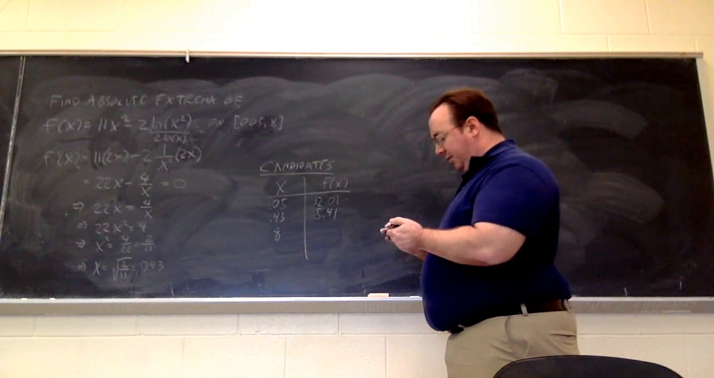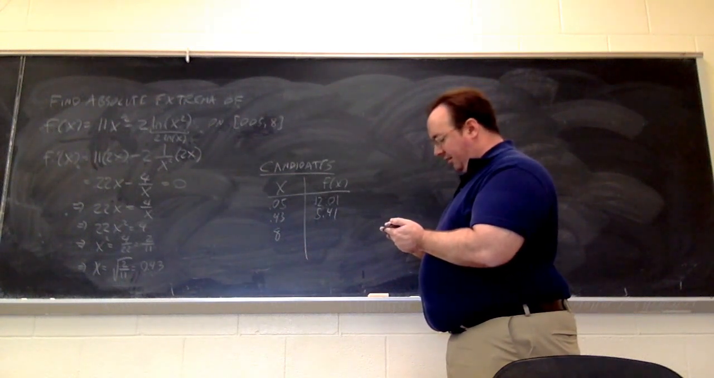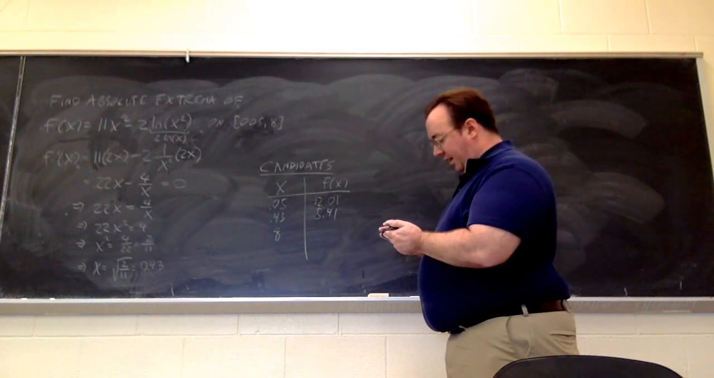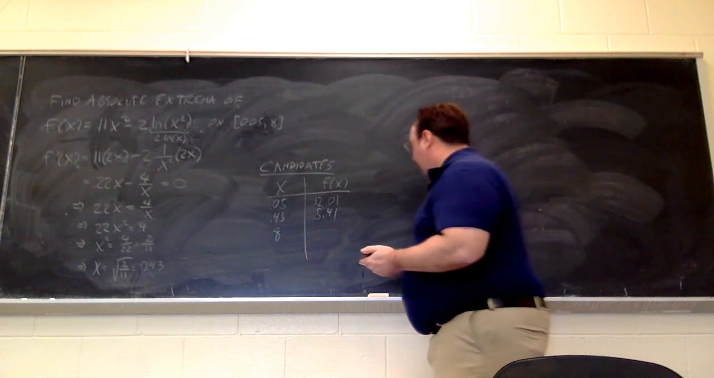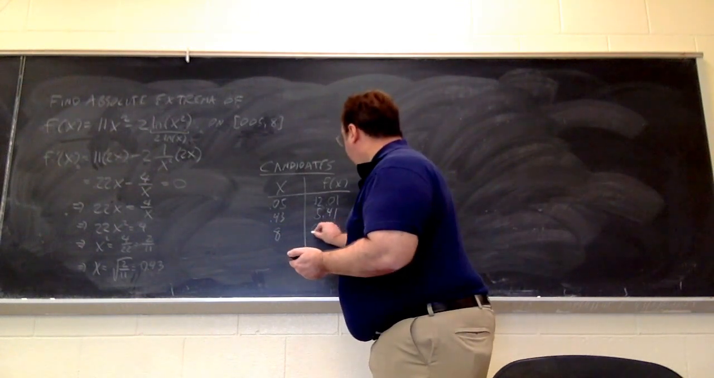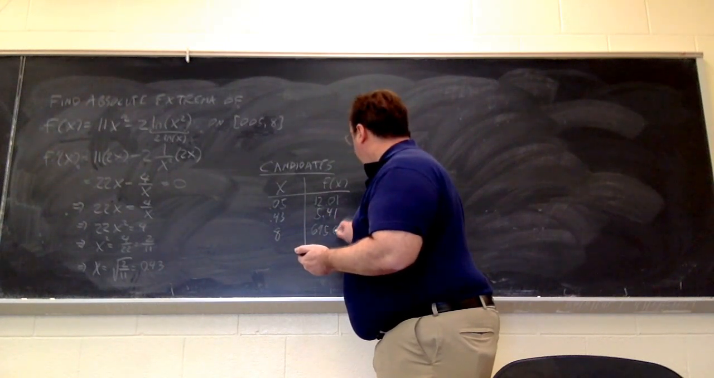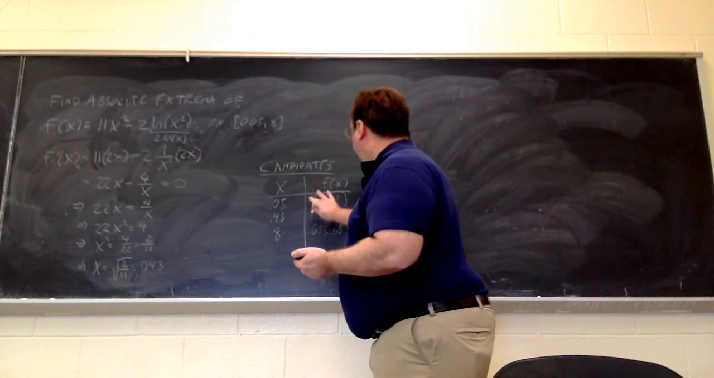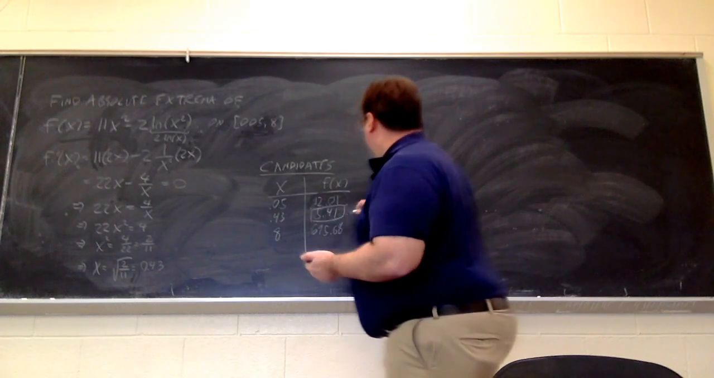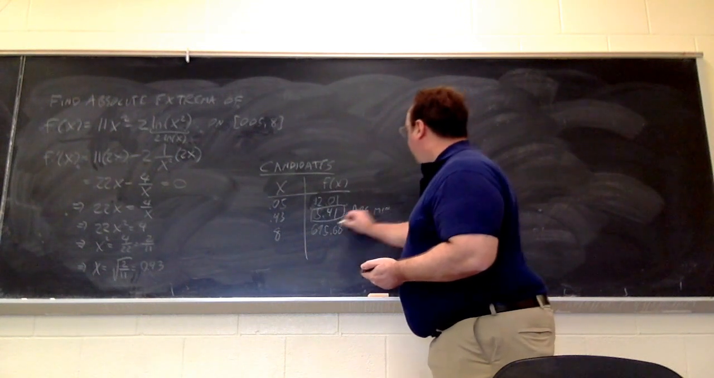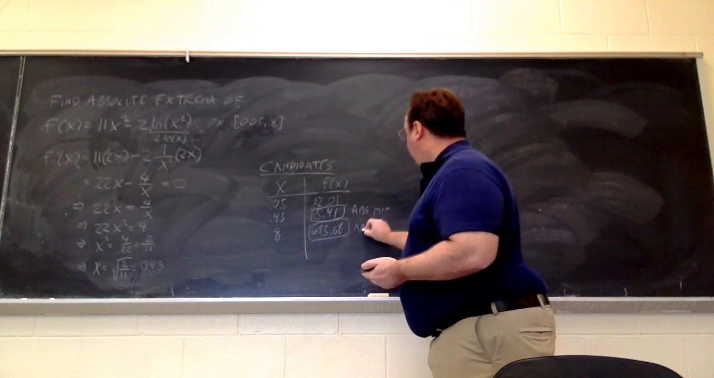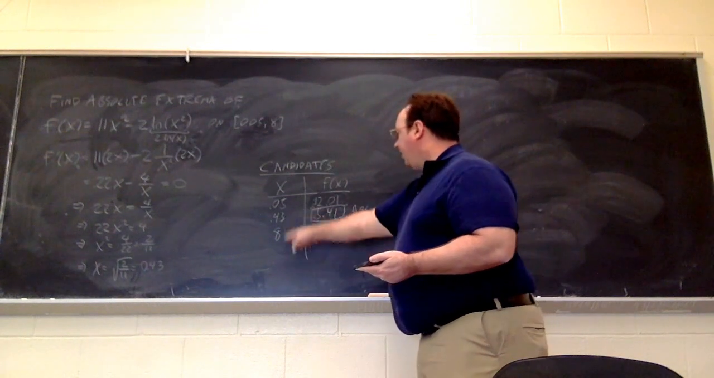But I have one more value to substitute in, that's 8. So 8 squared is 64 times 11, it's pretty big. And then minus 4 times the natural log of 8. And what I get is a pretty big number, 695.68. Okay, so this value right here is my absolute minimum, and this value right here is my absolute maximum. And these are the x values at which